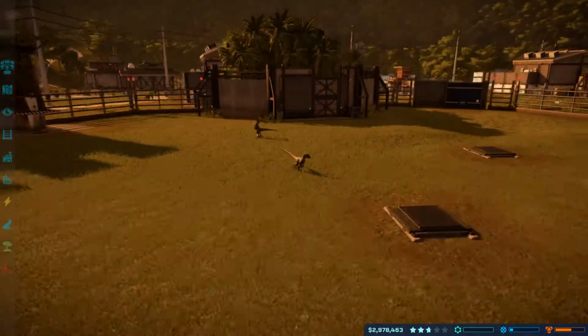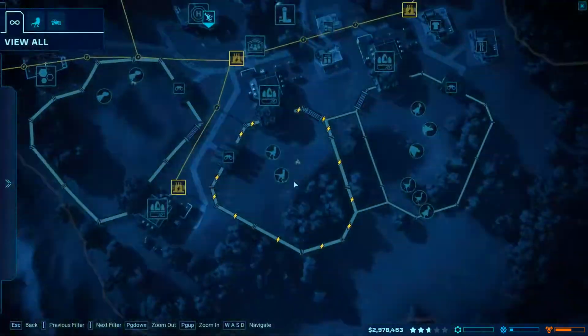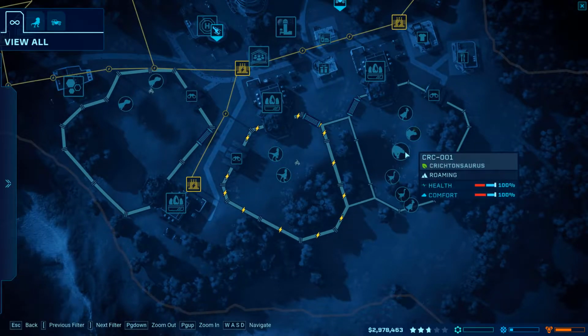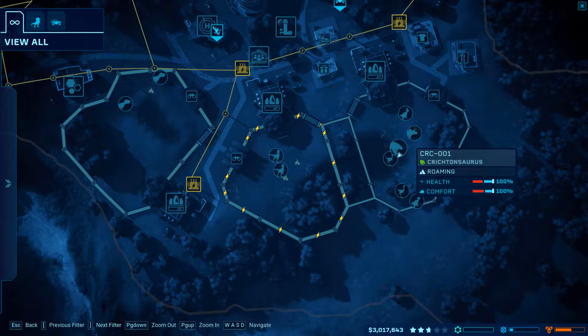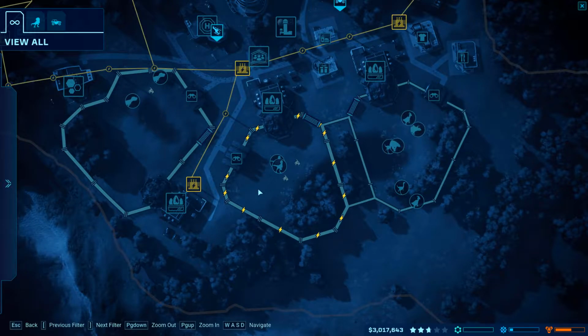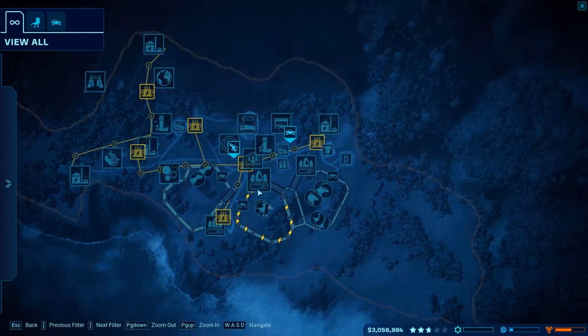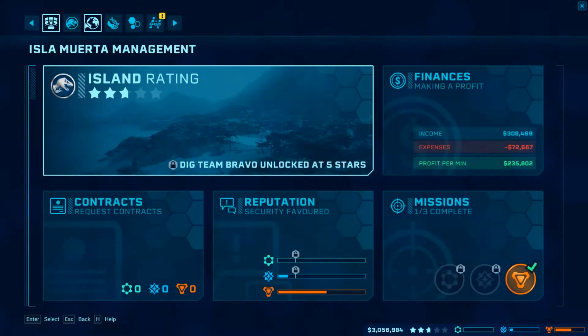We've got 2 raptors, I believe. Just check the map. Yeah, we've got 2 raptors. We have 2 struthies, 2 Edmontosaurus, a trike, and a Crichtonsaurus. And then we have our 2 Ceratosaurus as well. And that's all we have. And let's, I'll